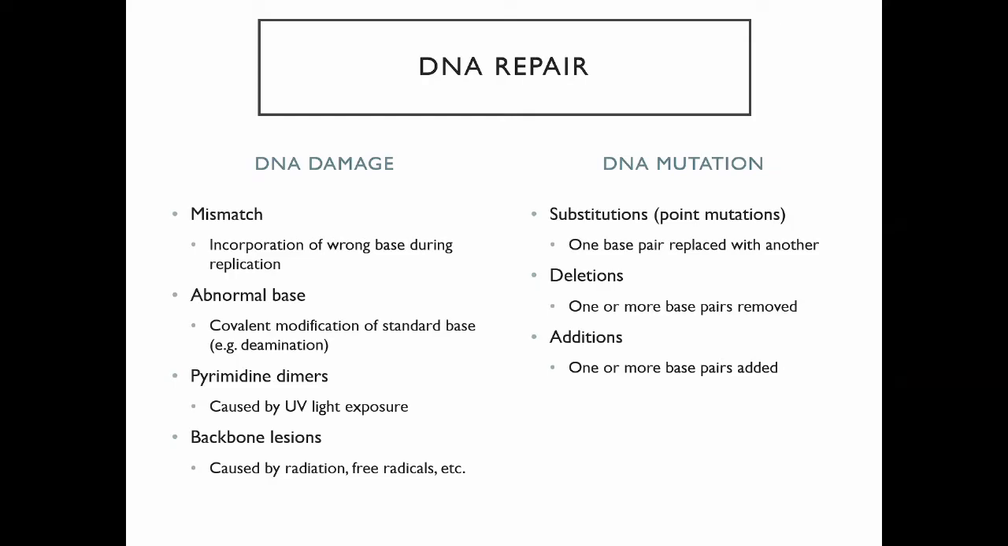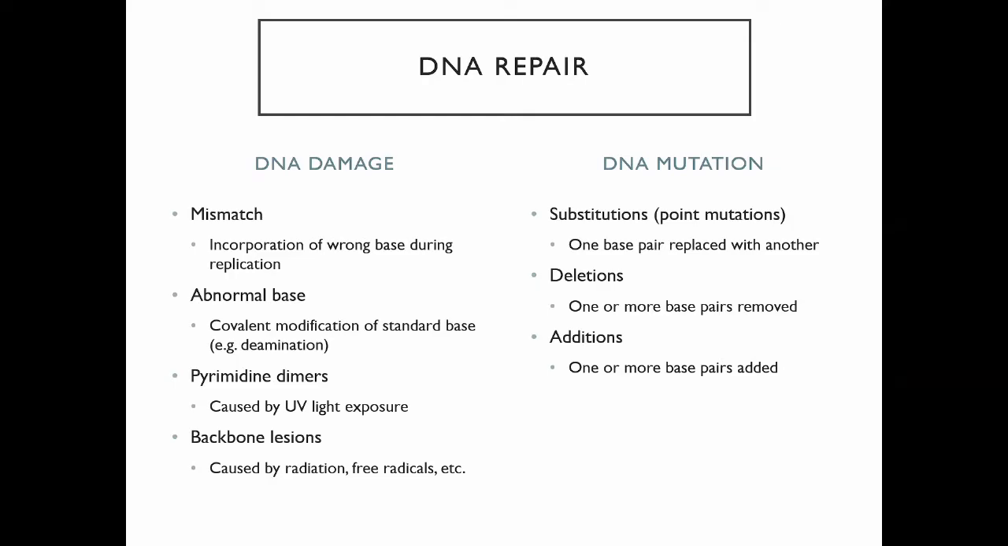And then an abnormal base is usually a modified version of a standard base. So a standard base that had been deaminated, for example, or otherwise modified chemically. Pyrimidine dimer is kind of a special case of an abnormal base. It's when two pyrimidines, like two T's that are next to each other, form a dimer due to UV light